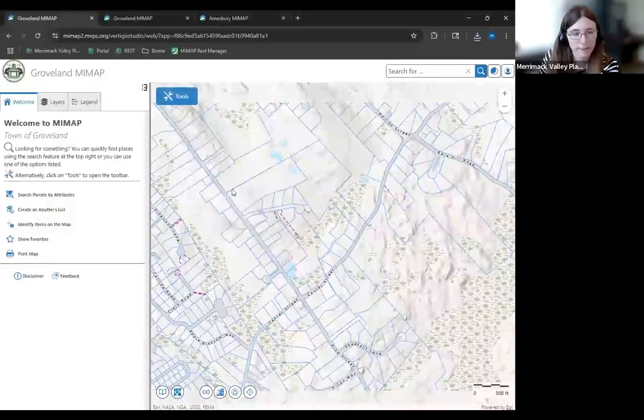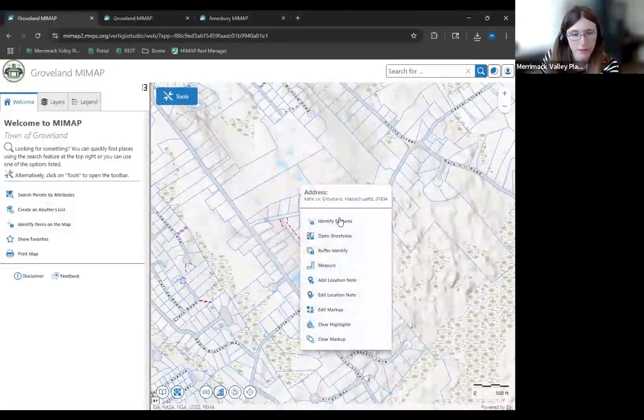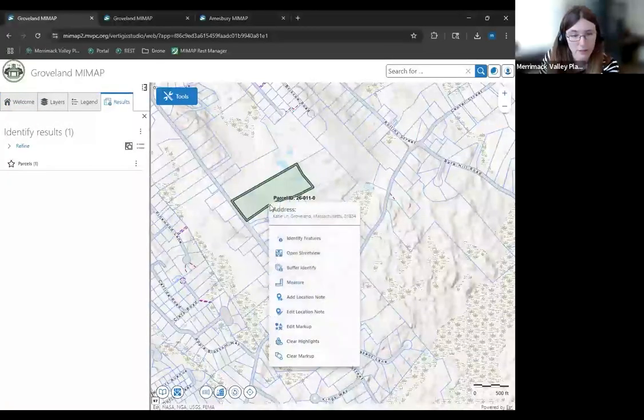Now, closing the toolbar again, if I look at the map and I right click, you notice a lot of the things that were in the various menus are also on your right-click button. We haven't necessarily decided if we're going to change this right-click menu, add anything or remove anything just yet. But as of right now, it gives you the location of what you just clicked on. It also lets you identify whatever you just clicked, as well as opening Street View, which is pretty fun.